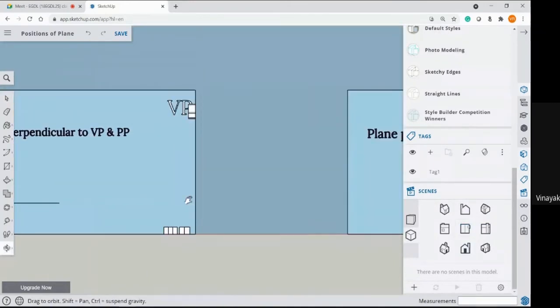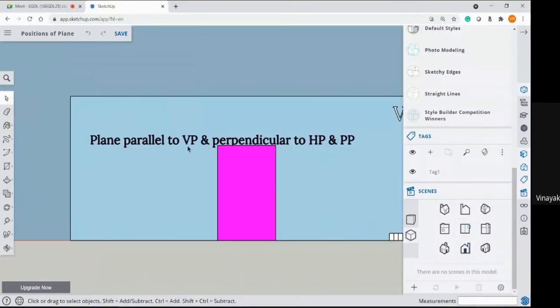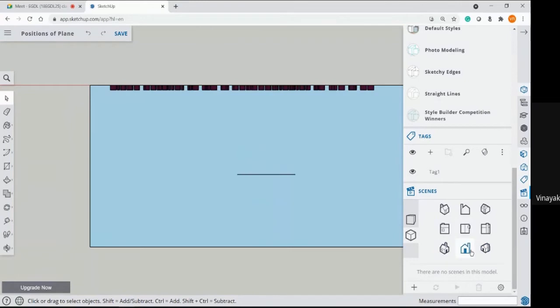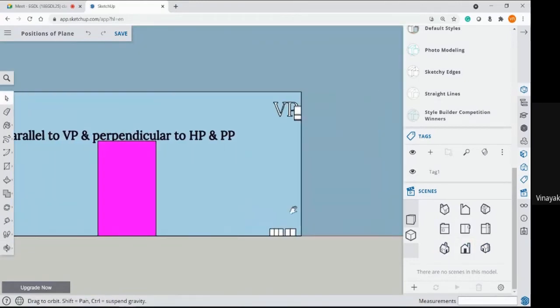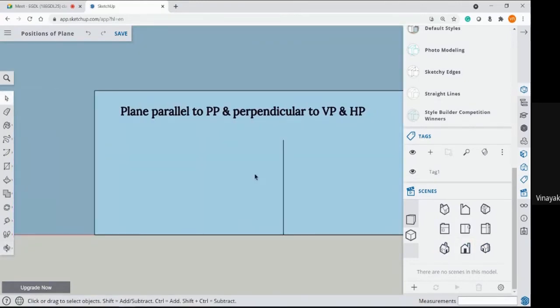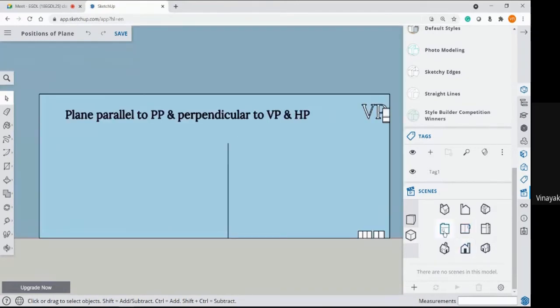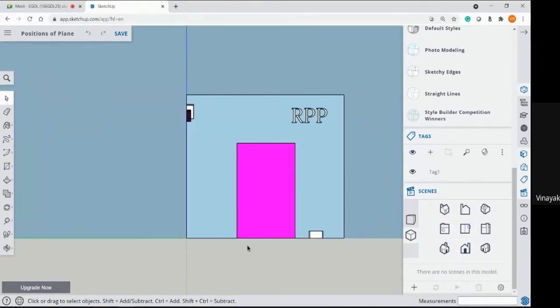In the second position, a plane parallel to VP and perpendicular to HP. Front view is true shape, top view is a straight line. In the next position, the plane is parallel to the profile plane, perpendicular to VP and HP. That is, your front view and top view both are straight lines, whereas the side view will be true shape.